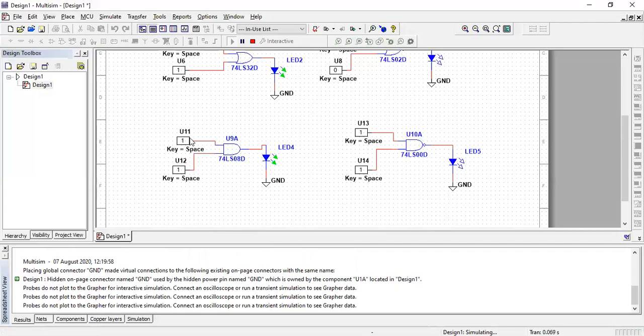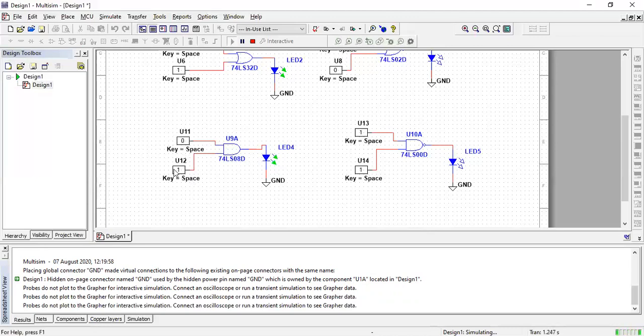As you can see, both input conditions in the AND gate and NAND gate are similar, so the outputs are complements of each other. And you know that in the AND gate, when both the inputs are 1, then the output is 1, otherwise the output is 0. So here both inputs are 1, that's why the output is 1. And in the NAND gate, the output is the complement of this AND gate. So in the NAND gate, if any one input is 1, the output will be 0.